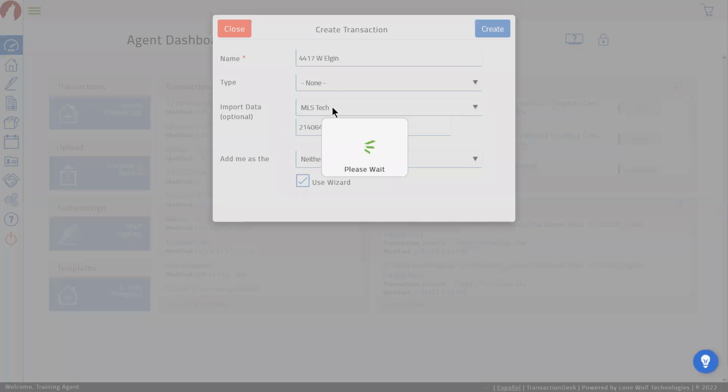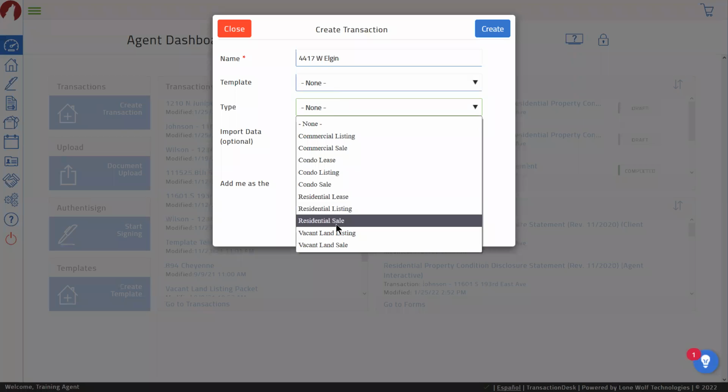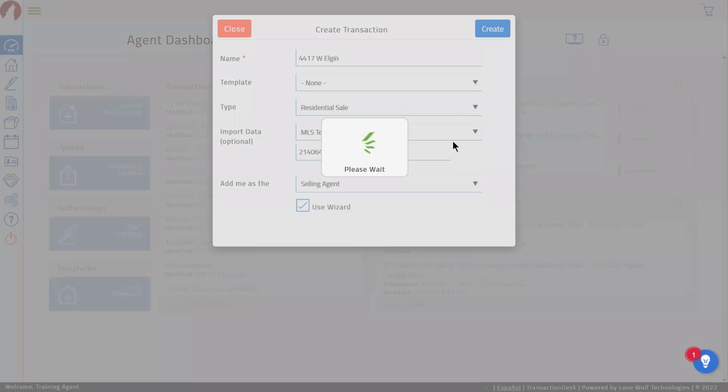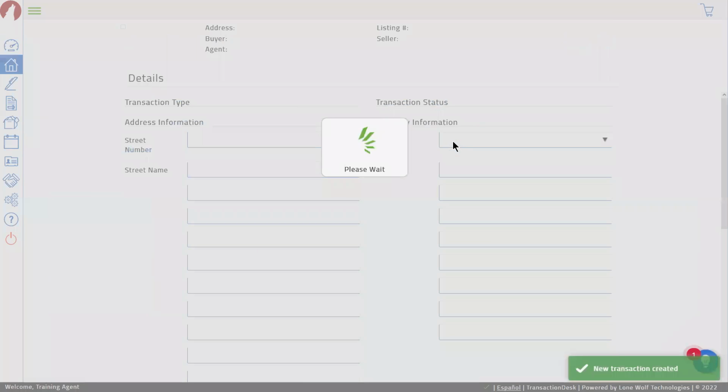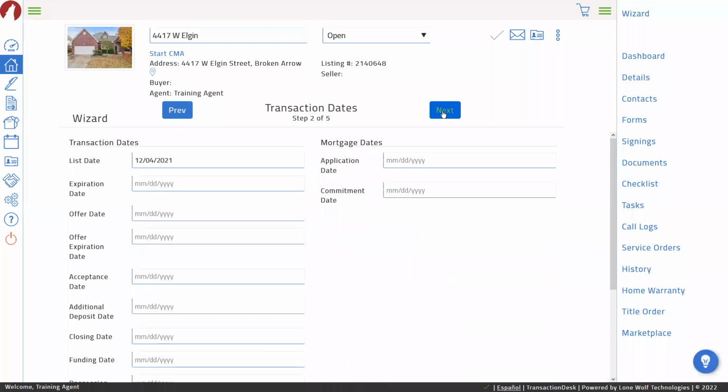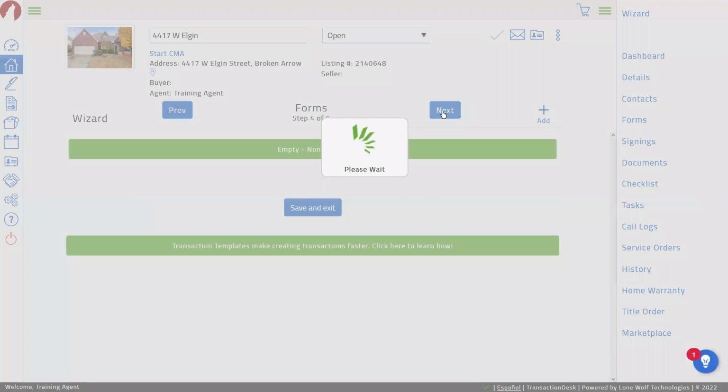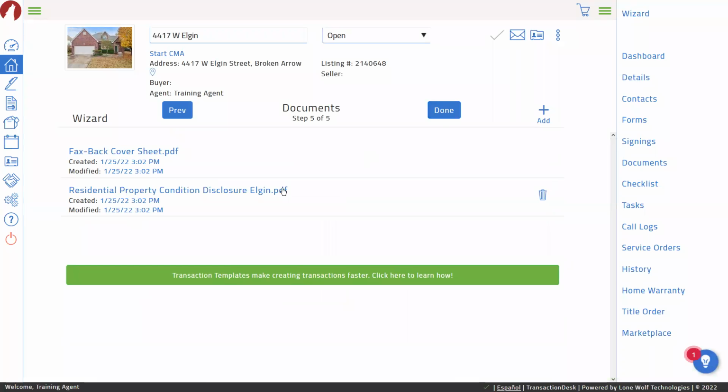If I start a transaction with this, go to type, sale, create. Next, next, next, next. There we go. Residential property condition disclosure is already filled in there. So we don't even have to manually import over any of the stuff that the listing agent had added to the listing when they initially put it in there.